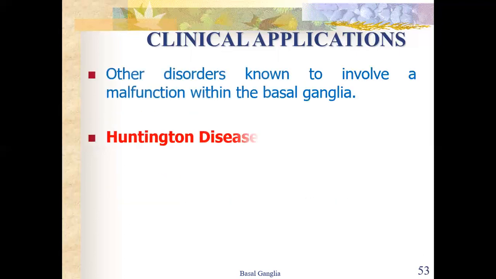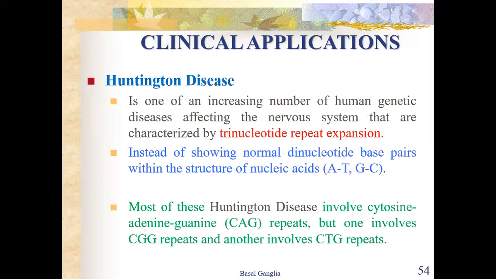So we also have other disorders known to involve the malfunction of the basal ganglia. Remember, the malfunction has to include the three distinct biochemical pathways, the connections that we have seen in the basal ganglia. Those connections have neurotransmitters, so that's why they are biochemical pathways. So we see Huntington's disease and kernicterus. Huntington's disease is a human genetic disease that affects the nervous system, characterized by repeats